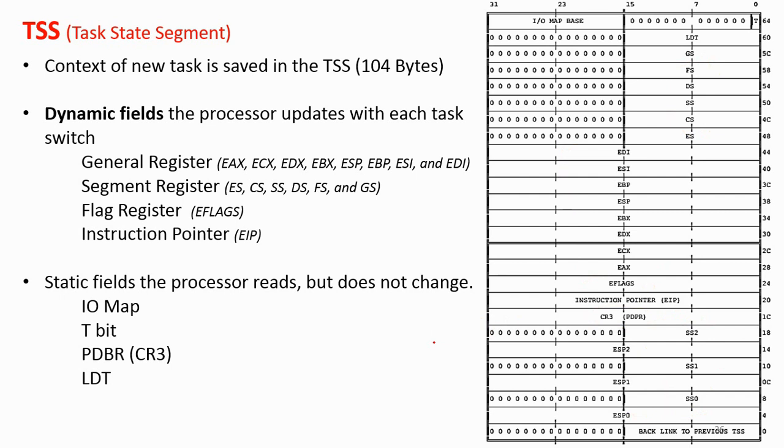The field marked with T at this location is used for enabling or disabling the task switch trap. If this bit is set, then the 80386 performs a task switch normally. If this bit is clear, meaning 0, the trapping of the task is disabled. The IO permission bitmap, which is present at this place, is used for IO protection, and the backlink field, at this place you can see,